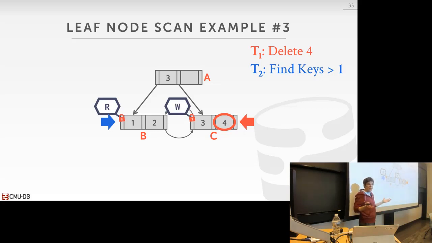So then, if you are killing yourself, then there is no point in acquiring locks on all the siblings, right? There's no point of acquiring locks. No. So if this guy had a split, I have to update the sibling pointer too. So you do need to acquire a latch on this guy as well. But again, the simplest thing is